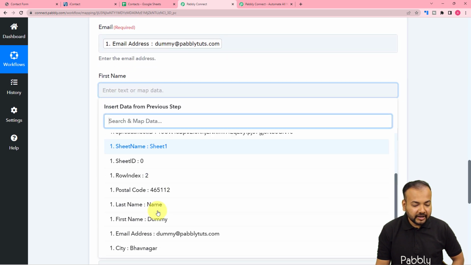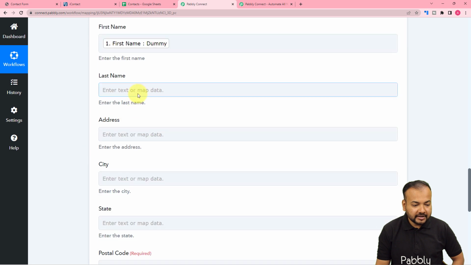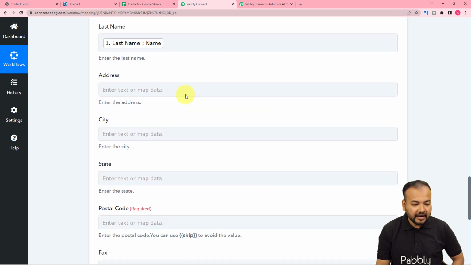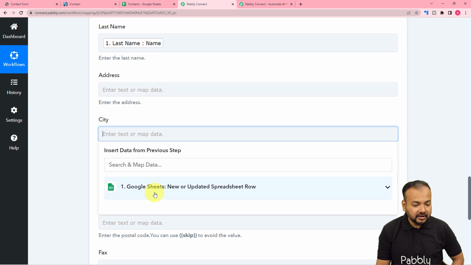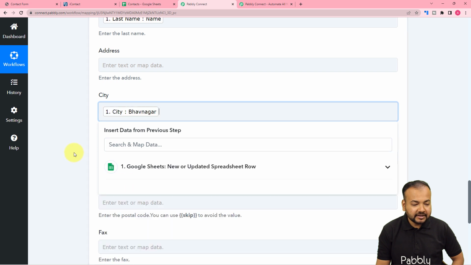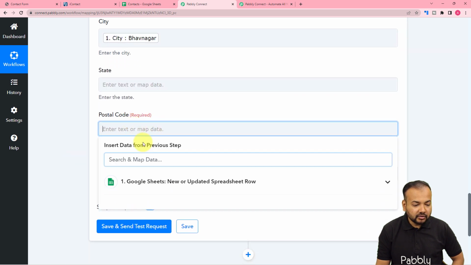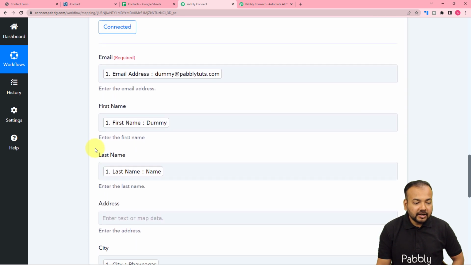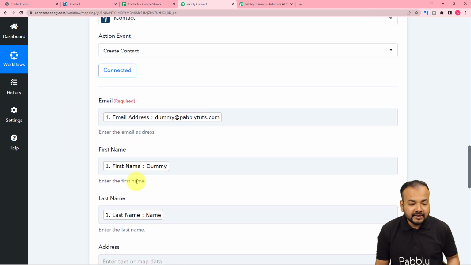similarly map the first name, the last name. Okay, so if you have the address details, you can map the address here. I do not have address, so I am leaving this blank. I am mapping the city and the postal code only. Right? So this is how you can map the details,